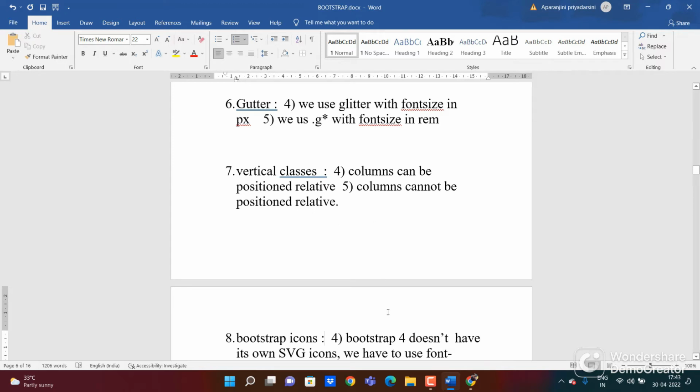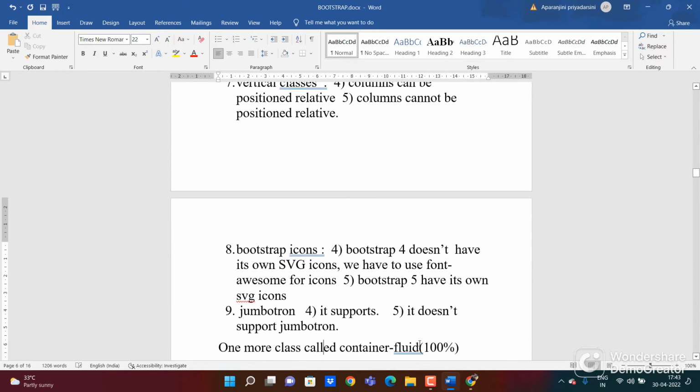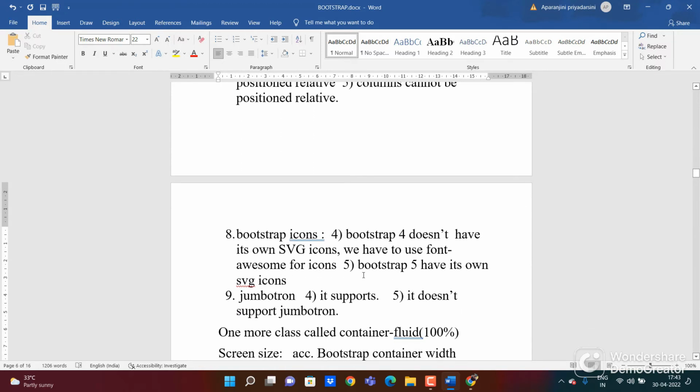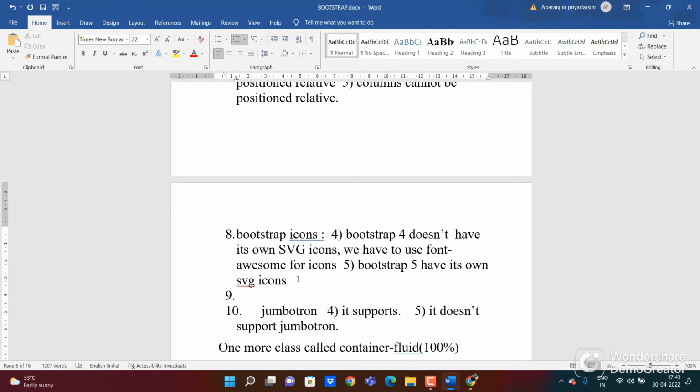Now icons, come to the icons. Bootstrap 4 doesn't have its own SVG icons. We have to use Font Awesome for icons, whereas Bootstrap 5 has its own SVG icons, so we can use Bootstrap icons directly. Ninth difference is Jumbotron. The fourth version supports it, but the fifth version doesn't support